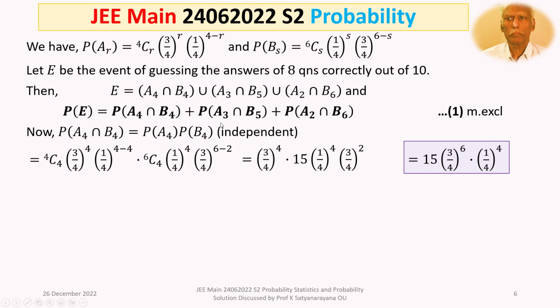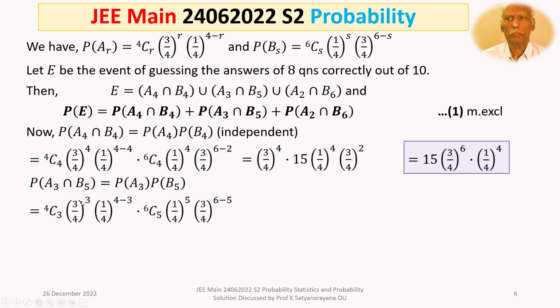Now let's get into this next one, probability of A3 intersection B5, that is probability of A3 multiplied by probability of B5. For A3 we write 4C3 into (3/4)^3 into (1/4)^(4-3), that is (1/4)^1. 6C5 into (1/4)^5 into (3/4)^(6-5), correct. That is equal to 4C3, which is 4C1, that is 4 into (3/4) whole cube into 1/4, right,